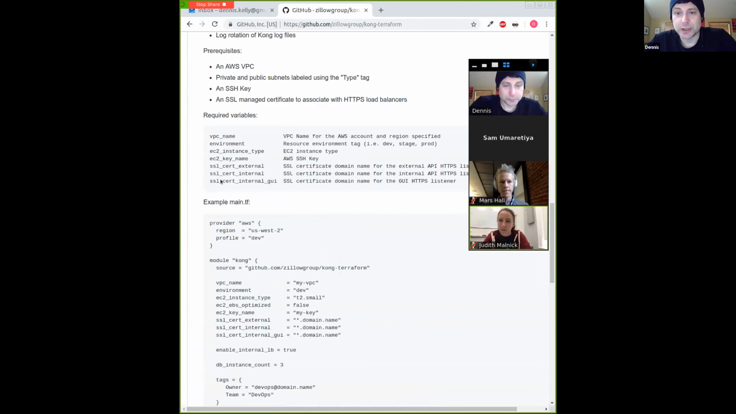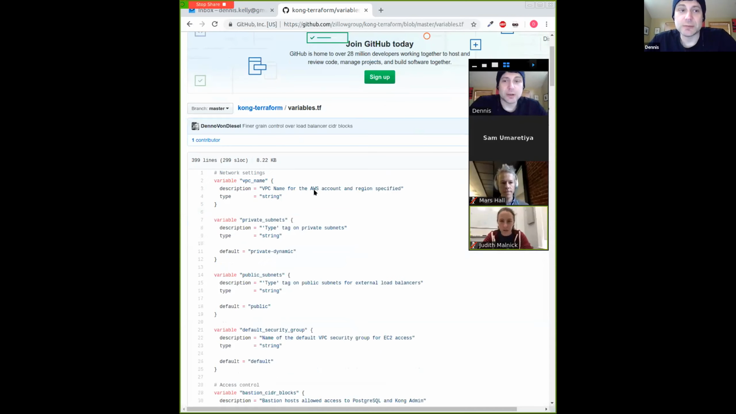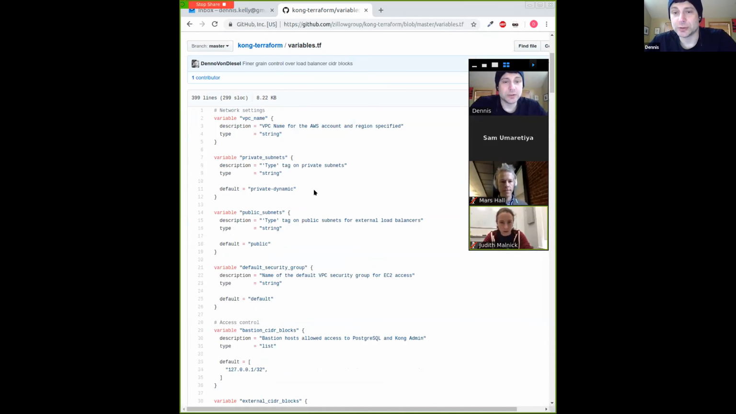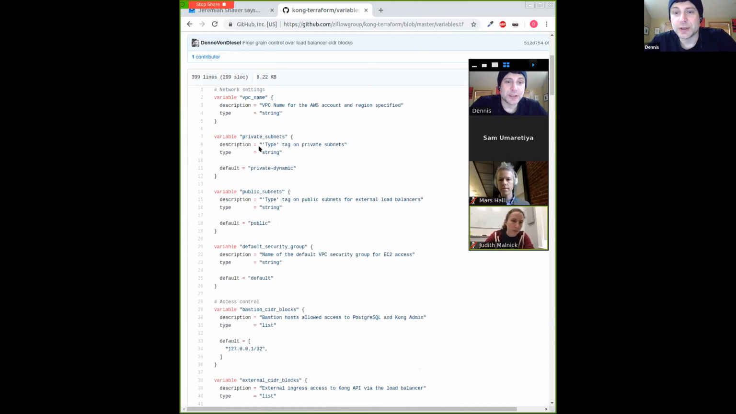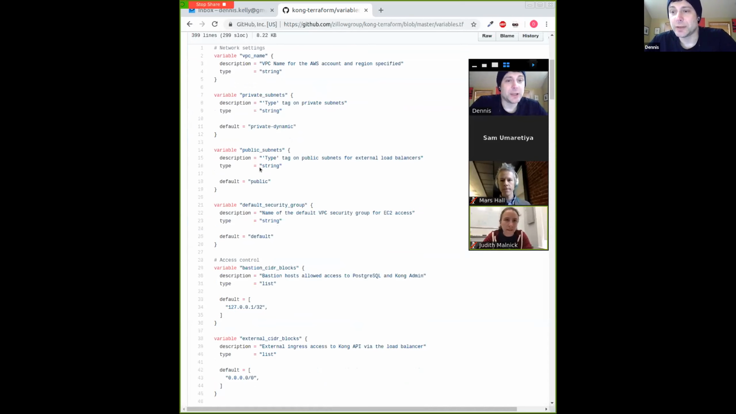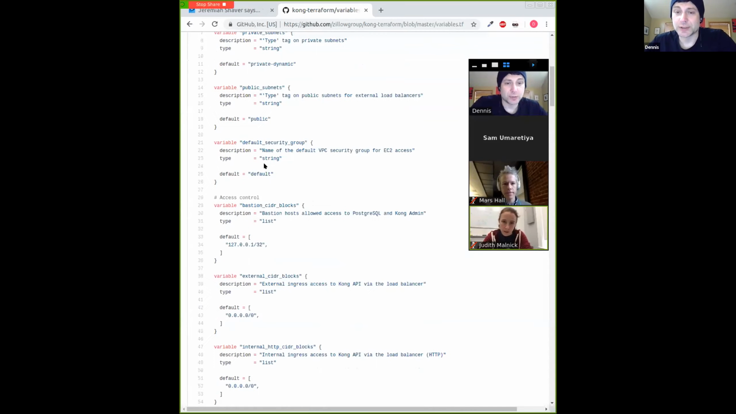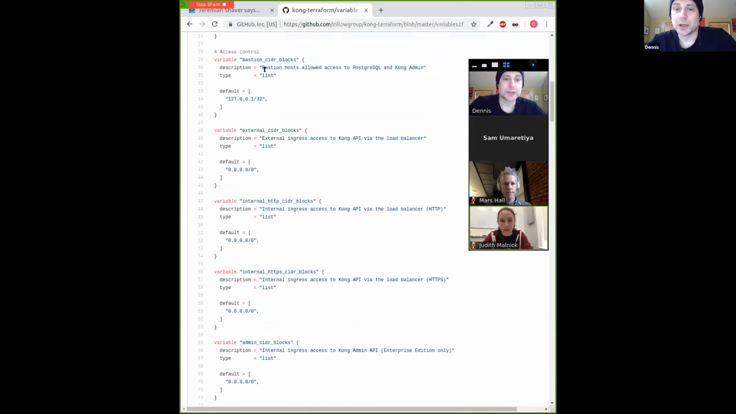But then if we look at this variables file here, these are all the variables that you can pass into that Kong module to fine-tune your own specific environment. And so you can see there are public and private subnet tags that we rely on within the VPC, so that way you're not statically coding that into your Terraform. So if you say rebuild your environment and those subnet IDs change, you're just relying on the tags to rebuild your cluster. There's also access control blocks that you can tweak